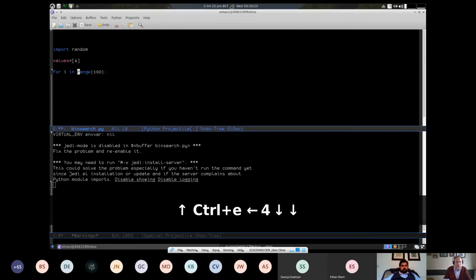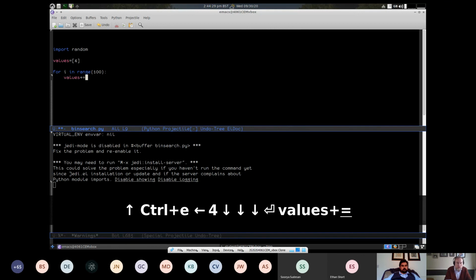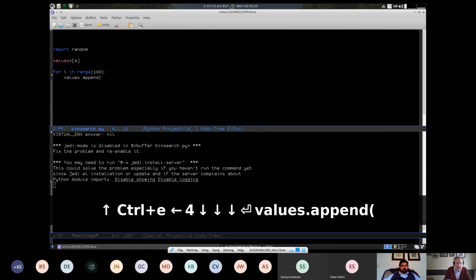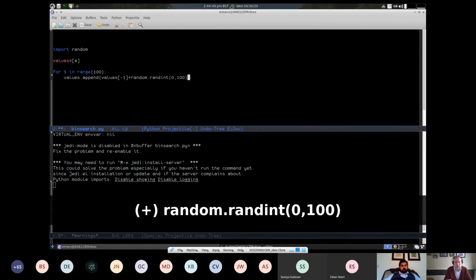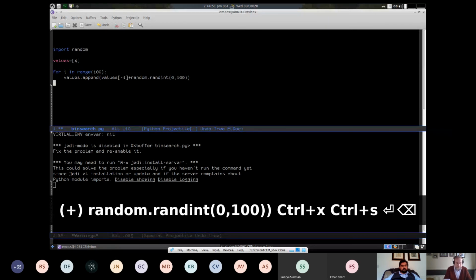We start off with 4. Values append. So I'm making a list here of numbers. I'm going to take the last number that was in there plus